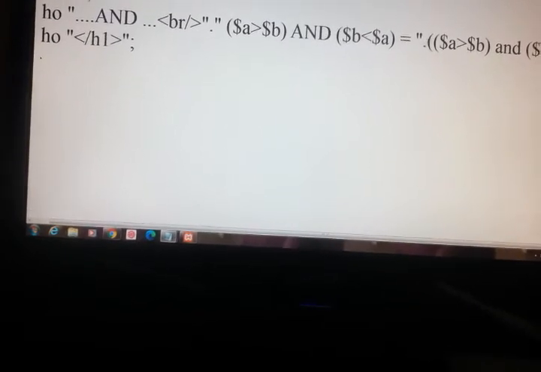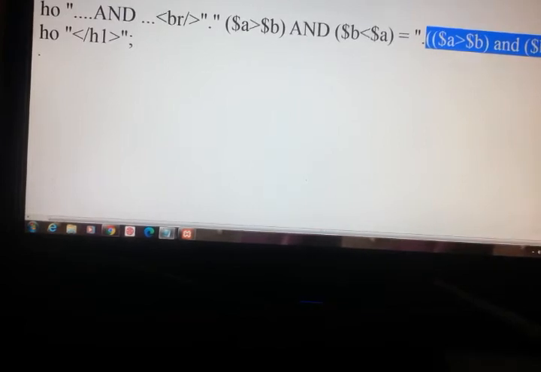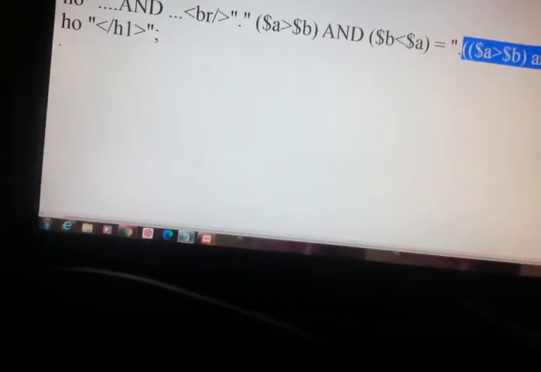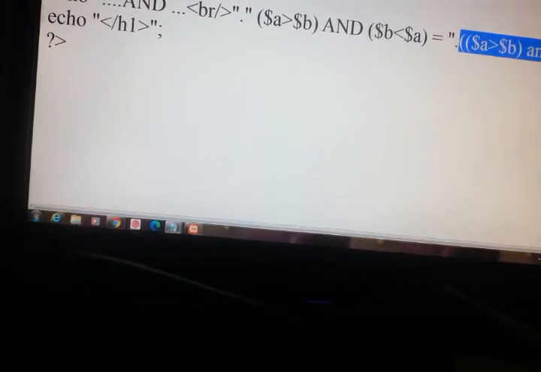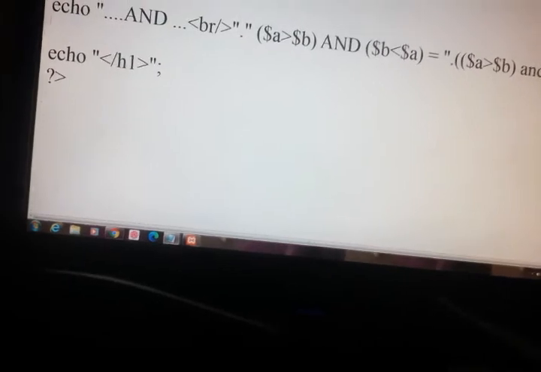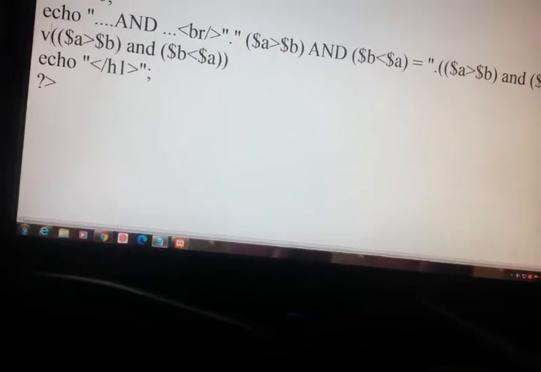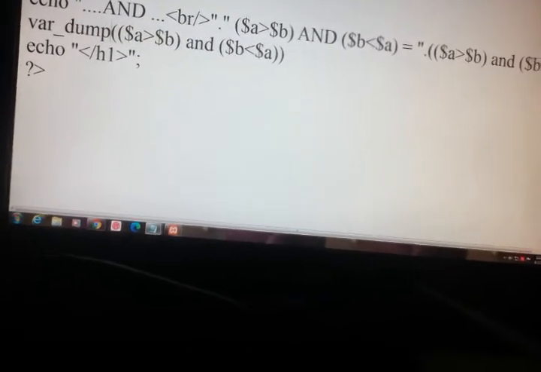So again we'll take this, Control C. To get the output, you have to use var_dump.